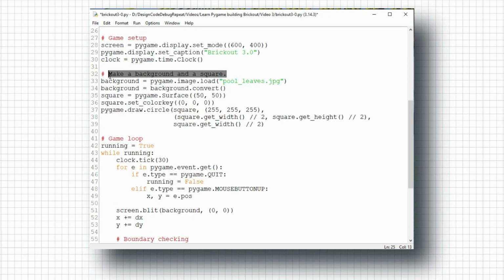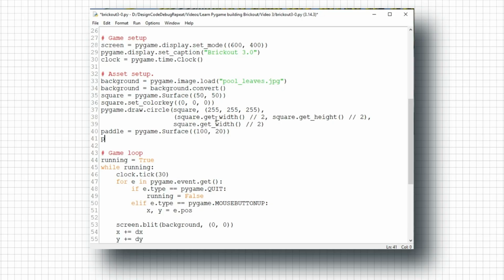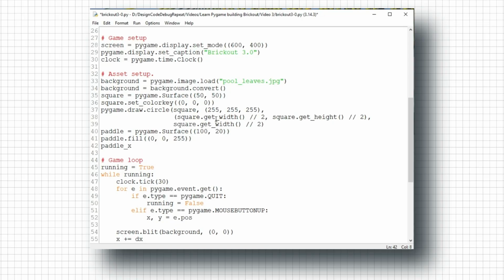I'm going to create the surface after I create the circle in the background. Let's call that area of the program asset setup. So paddle = pygame.Surface((100, 20)). I'm going to make it blue, so paddle.fill((0, 0, 255)). To put the paddle in the middle of the screen horizontally, I'm going to set paddle_x to screen.get_width()